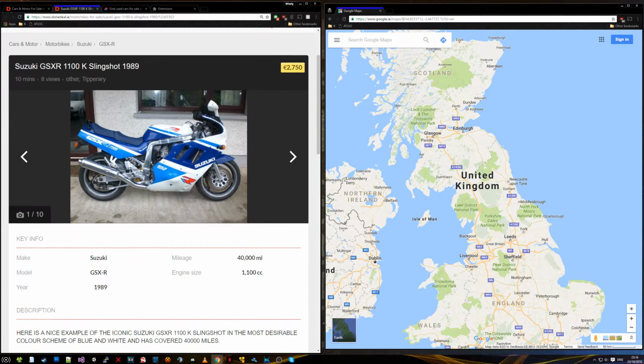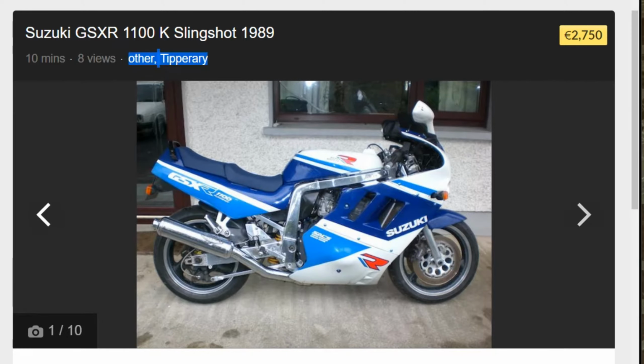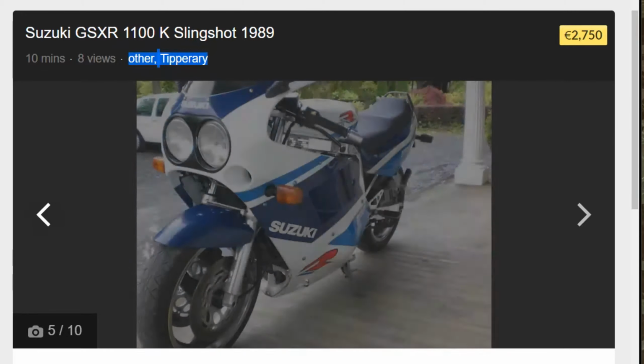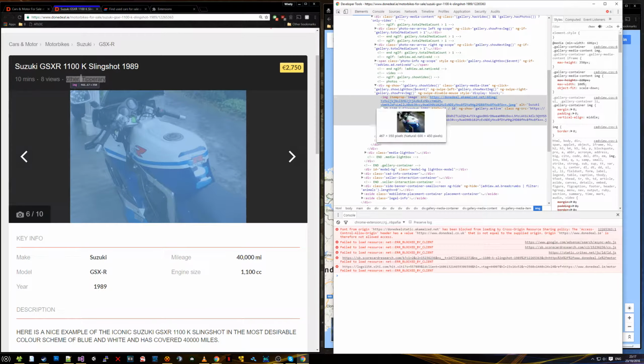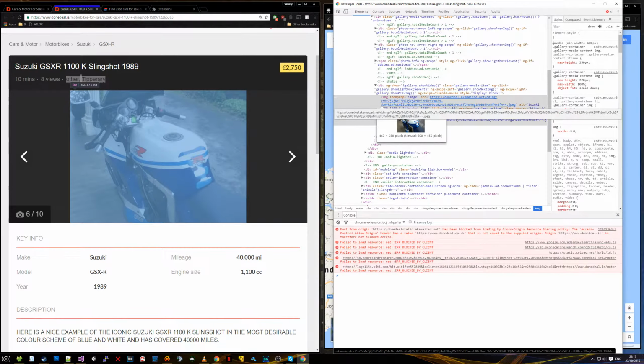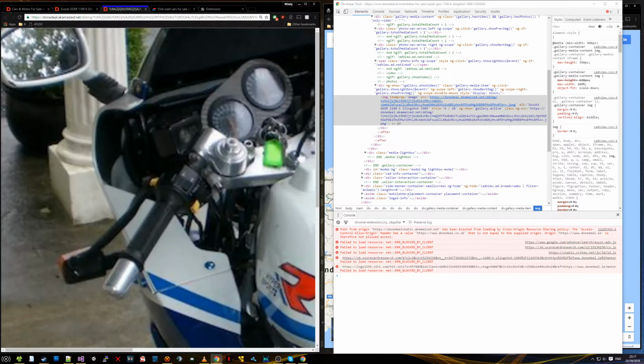I'm just going to pick a random vehicle here, and the location says other Tipperary, which is kind of vague. It doesn't tell you anything more specific than that. I wanted to see if it was possible to pinpoint these things to a more specific location. If you use the element inspector, you can find the location of the image,